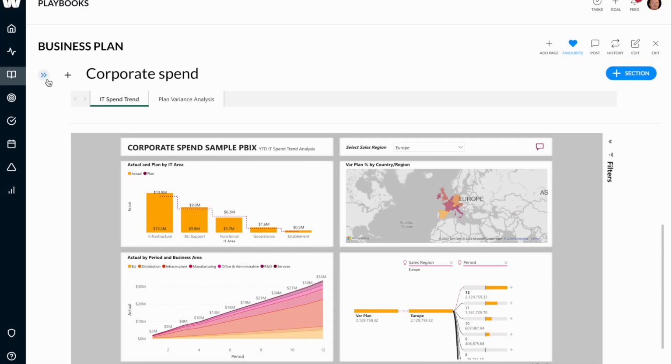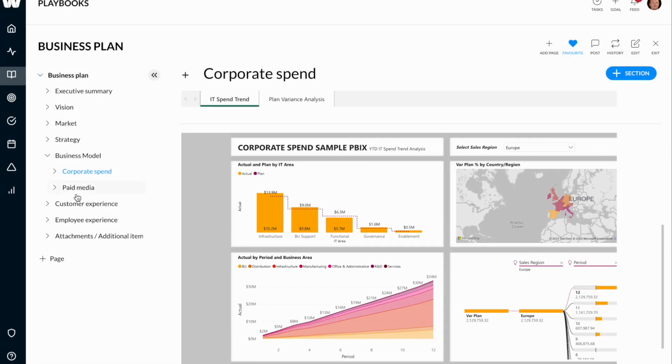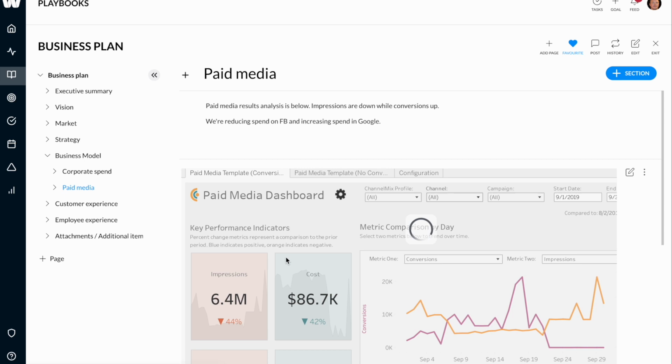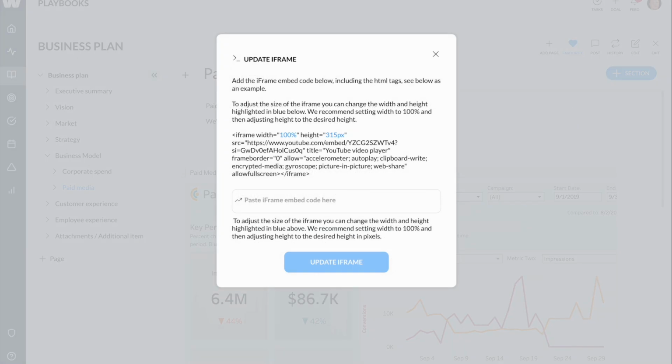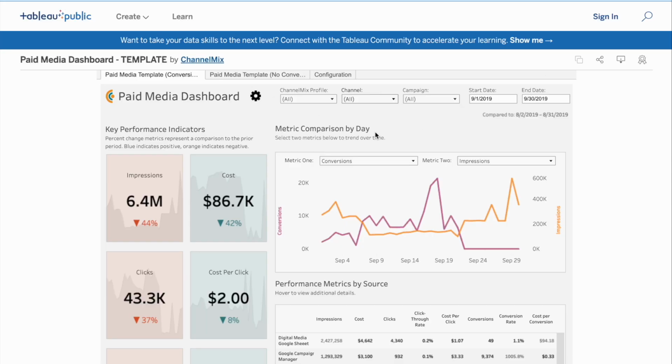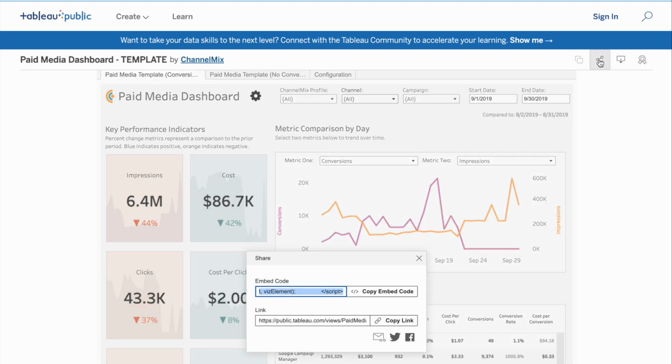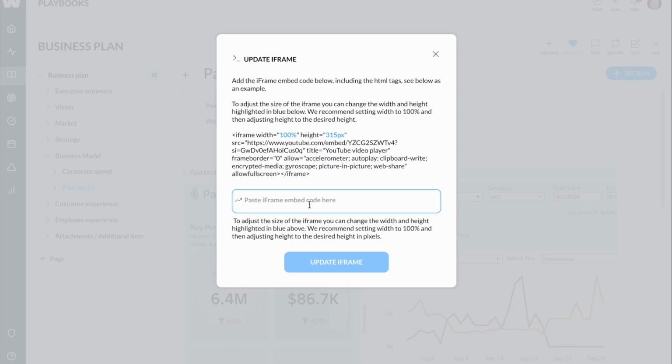Let's look at Tableau. It's the same process. So we've got our existing Tableau dashboard here. I'll just reinstall it, add a section, choose an iFrame. I'm going to go across to my Tableau dashboard, go to my sharing settings, copy the embed code, come back to Waymaker, drop in my embed code,